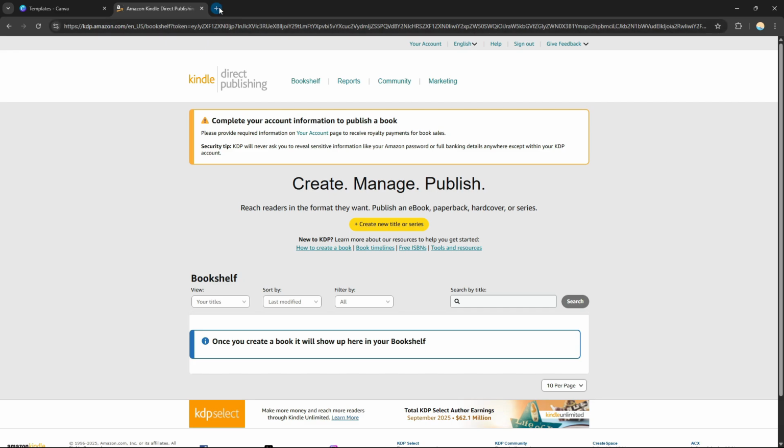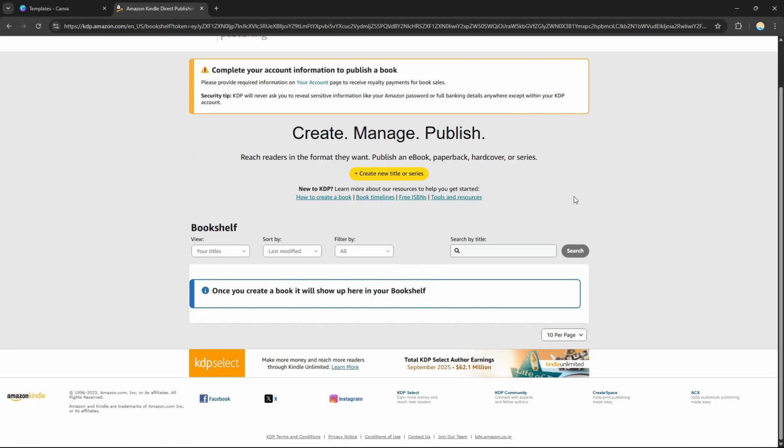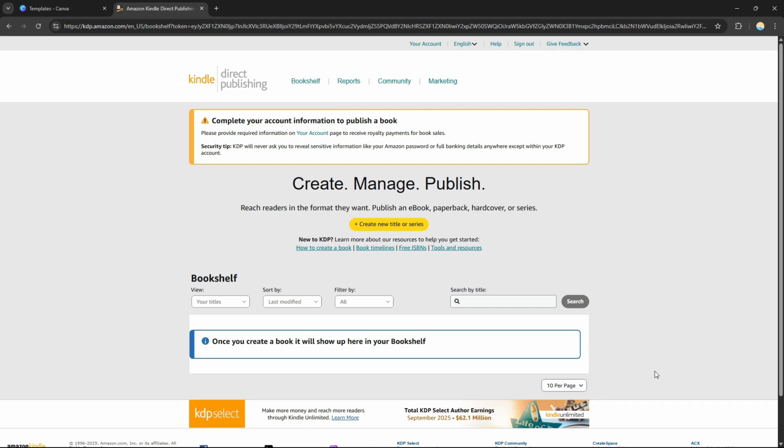So without any further ado, let's get started. So as you can see, Amazon has this kind of feature. It says Kindle Direct Publishing, where you can create, manage, or publish any media like ebook, paperback, hardcover, or series. But as you can see, you can publish or create an ebook directly right here on this